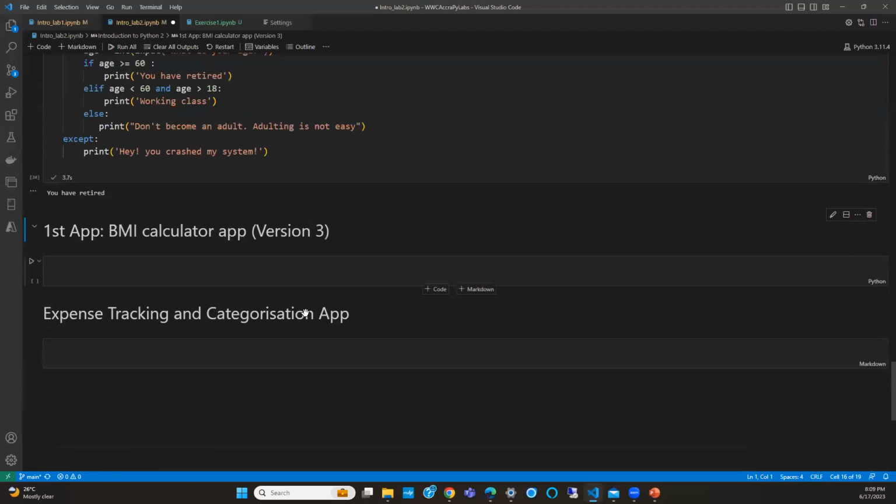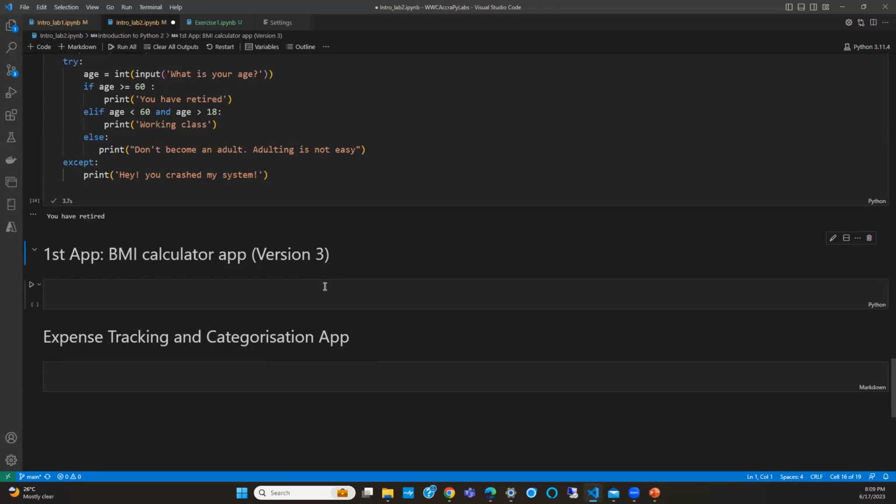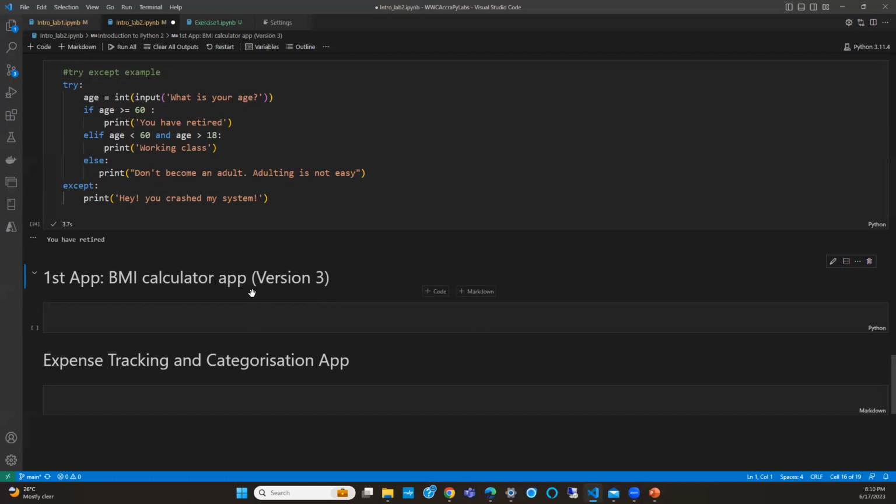execution. Okay, so the last thing I did want us to do is, with our BMI calculator app, to create a version 3, adding in some extra stuff. I would probably have to look it up. I know BMI has ranges where you're in the red, green, orange, or whatever it is. So the third version would be to calculate the BMI and then tell the user if they are in red or green or orange. Okay.